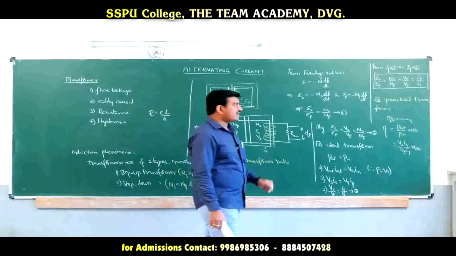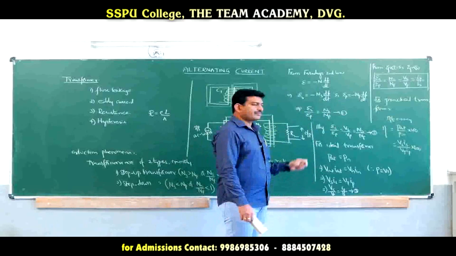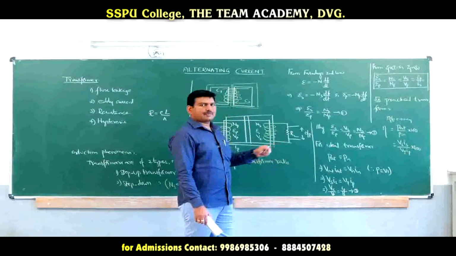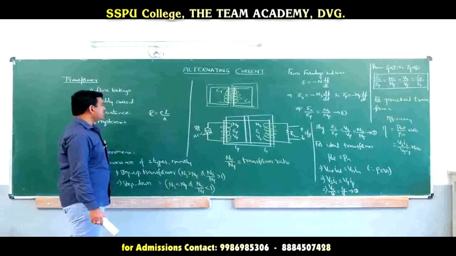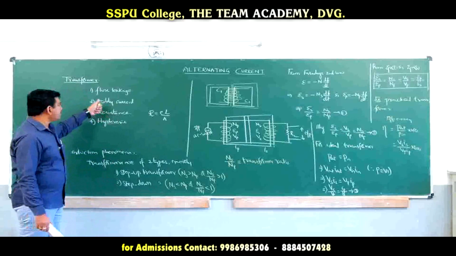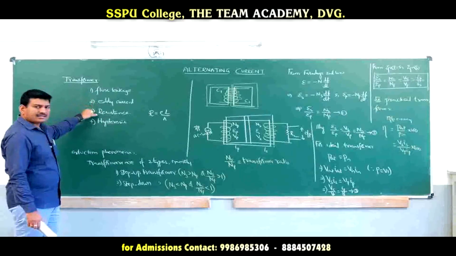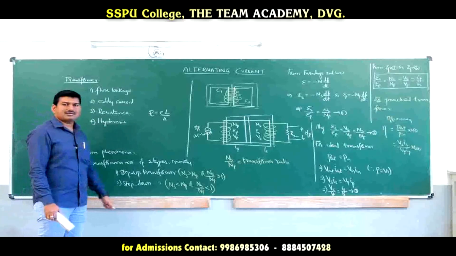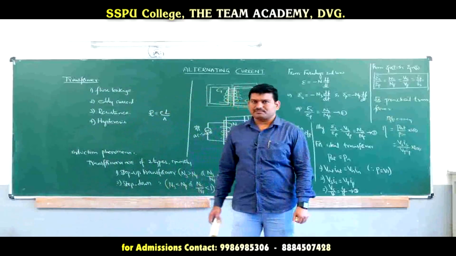For such an ideal transformer, current and voltage are inversely related to each other. Is it clear? But for a practical transformer, efficiency is never 100% because there are various parameters affecting the efficiency, and such factors are flux leakage, eddy currents, resistance of the wires and the hysteresis loss. Okay, this is about the transformer and the end of this alternating current chapter. Okay, thank you.